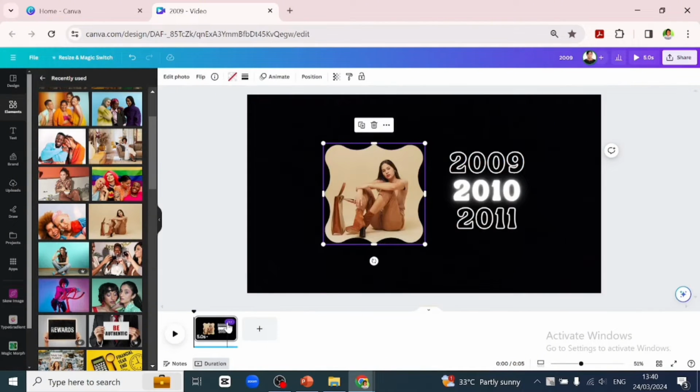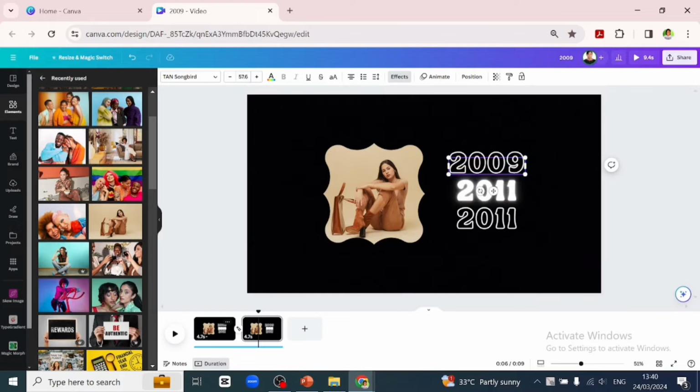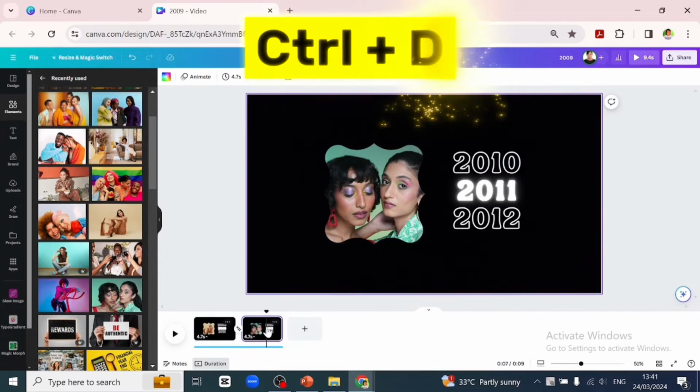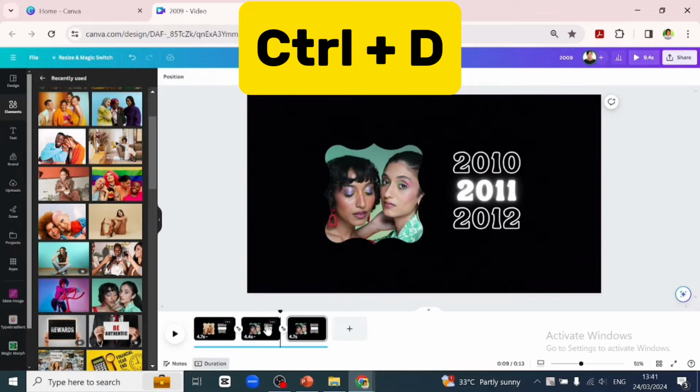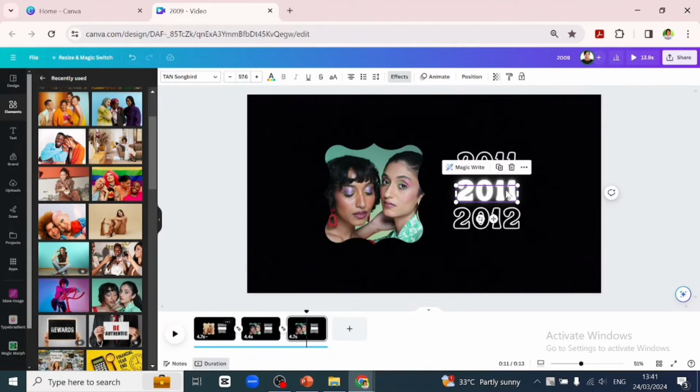We'll go over to the page and duplicate this page, and we'll come into the second page and change the numbers so it can be going in an ascending number, and we'll drag an image into the frame. We'll duplicate the second page again by clicking Ctrl+D on our keyboard and going into the third page, which is the page we duplicated, and start changing the numbers to go in an ascending format, and we'll drag an image